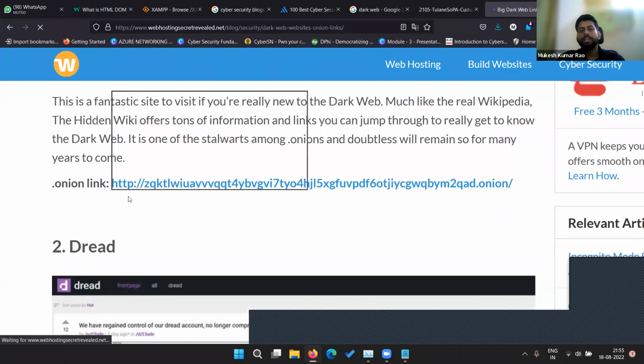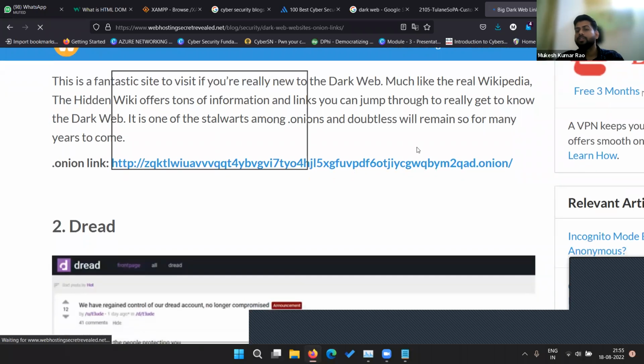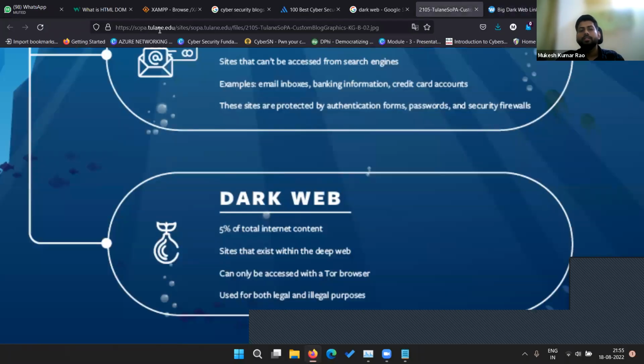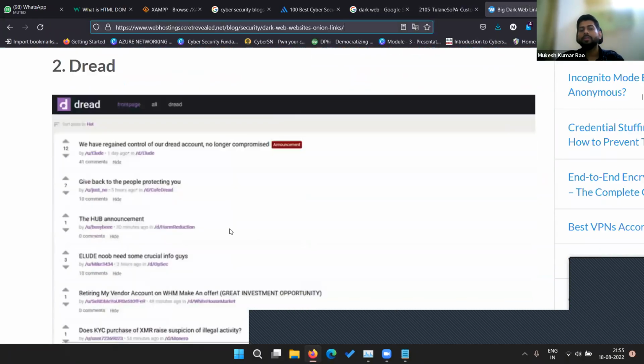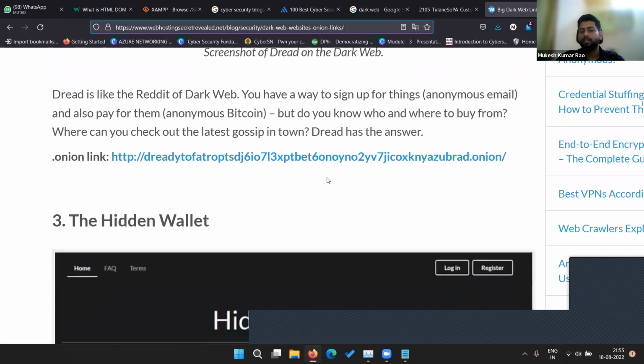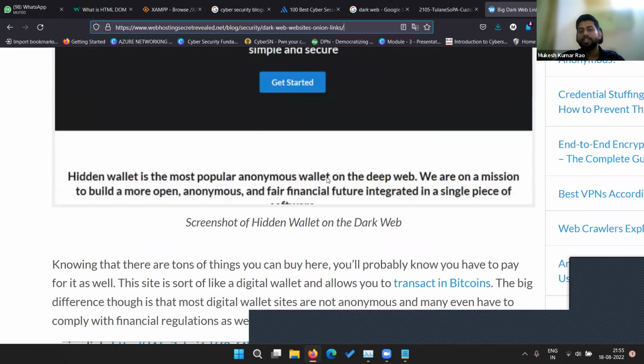There, like something ABCD, something like that. So you cannot remember it. Instead, we can remember a web hosting site or some website there, so we can remember this thing. But in terms of dark web links, we cannot remember them. They can change at every certain period of time. So these are some services you can go through.